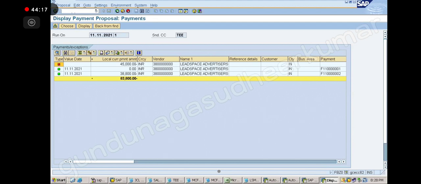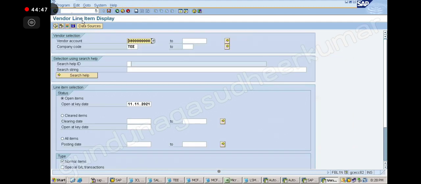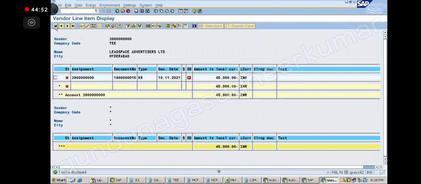Sir, if you block in APP, in FBL1N, can you see if it is blocked? No, it is not at all related to FBL1N, na? APP is APP, right? It has picked up from FBL1N, there you are not paying, okay, finish. In that proposal you are not paying. Why should it come into FBL1N? Not required. In open items, it will not show it is blocked, because it is not blocked permanently. That's what I am saying. Only in that APP proposal run, one day, one proposal run. It is not blocked permanently.